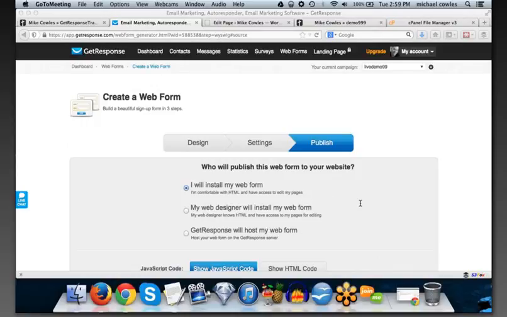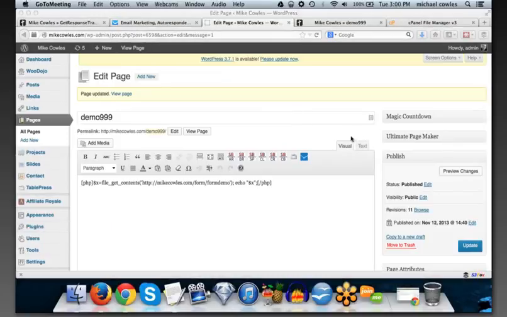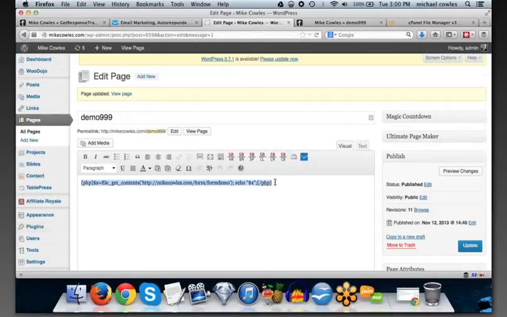Sandra said, so what was the advantage of using that code when it works for your autoresponder? The advantage is otherwise the code will disappear. The JavaScript for the form will disappear when you switch from text to visual back to text. A lot of times your whole form will just disappear. So if you put the form instead in a separate file like this, and then just point to it with this little line of code here, then it'll show up every time. Assuming you don't miss something like I did in the demo there.